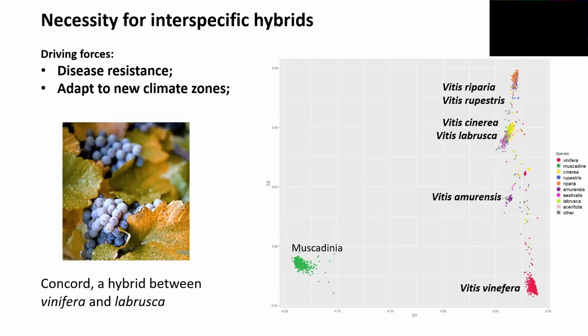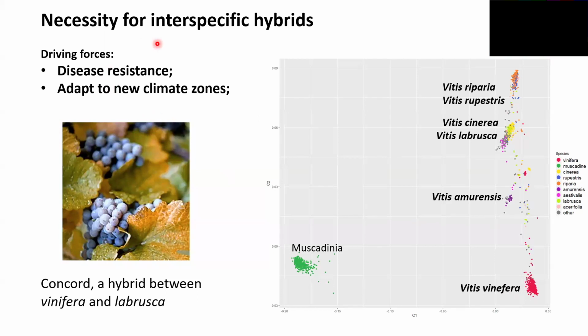So that's grape domestication. There is increasing necessity to build these interspecific hybrids. Vitis vinifera originated from a very small zone in Europe, and today we have domestic grapes growing almost all over the world. The driving force to create these interspecific hybrids, and one major driving force, is disease resistance, because the